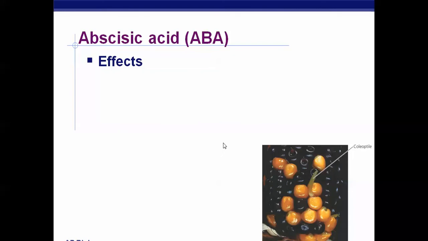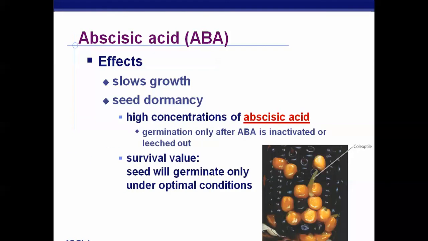Next, we've got ABA, which is the acid that I cannot pronounce. And the effects are that it slows growth, and it also allows the seeds to become dormant, which ends up being very important, especially if the environment is not actually healthy and conducive for a new plant to grow. So high concentrations of ABA